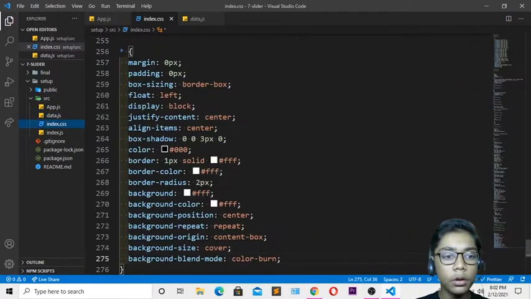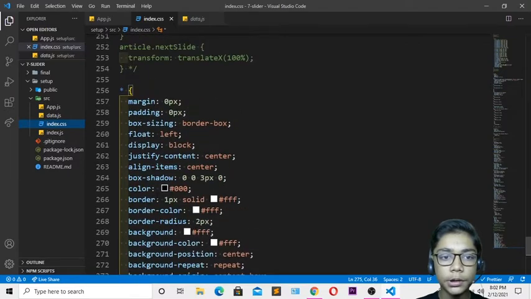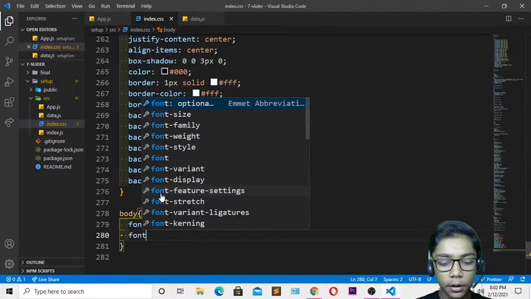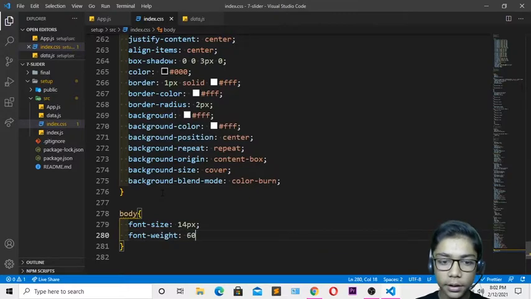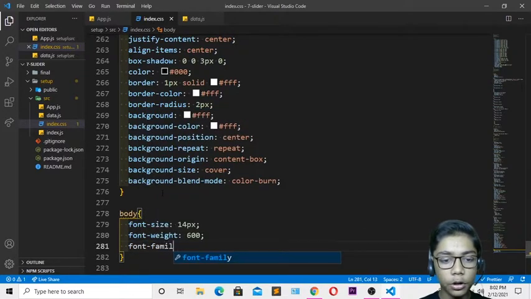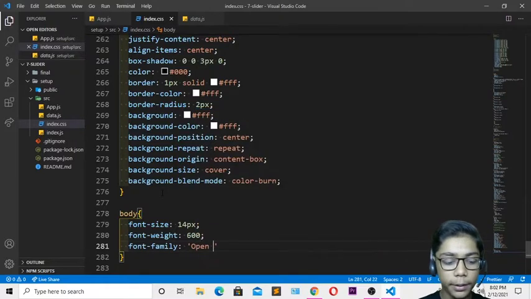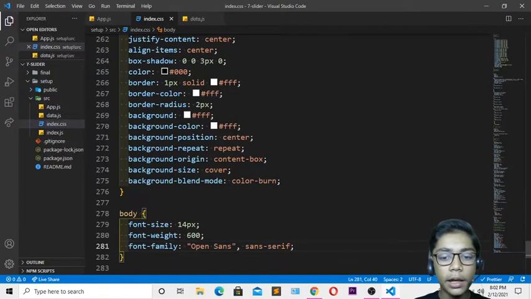Now I will be just going to my index.css, and you can see we have just written all the things which we want to define, but the one thing is missing which is called font size. So I'll be writing in body tag font size which should be 14 pixel, font weight which should be 600, then font family, the font family I need is Open Sans. So I'll be writing Open Sans comma sans-serif. Now it is done. Close that and hit save over here again, and I will be just showing you in the Google Chrome. It will be looking really good.